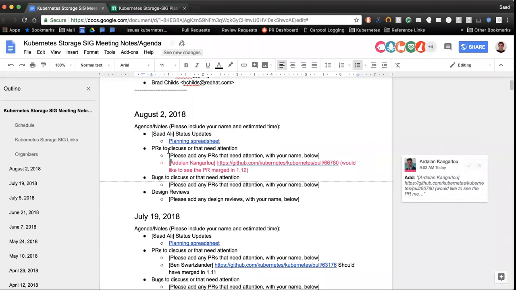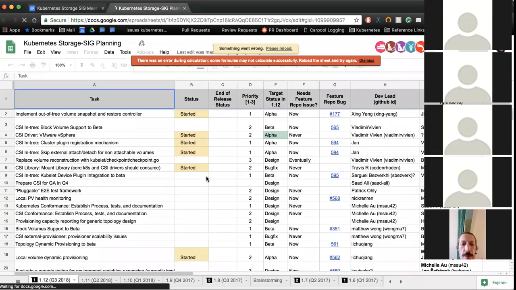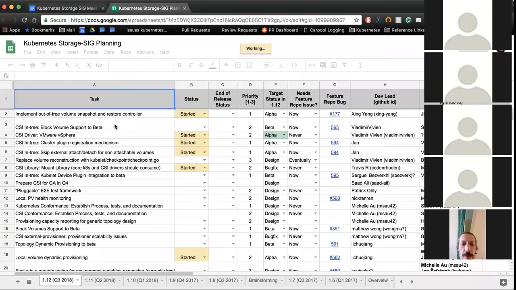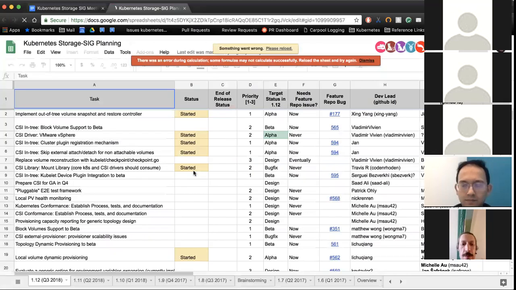We're going to start off by reviewing the items that we're working on for the Q3 1.12 release. As a reminder, the feature freeze date was yesterday for features that need to get into 1.12. That's the mechanism by which you declare that new features will be going into 1.12. And then code freeze for these features is going to be September 4th. So we have just about a month.